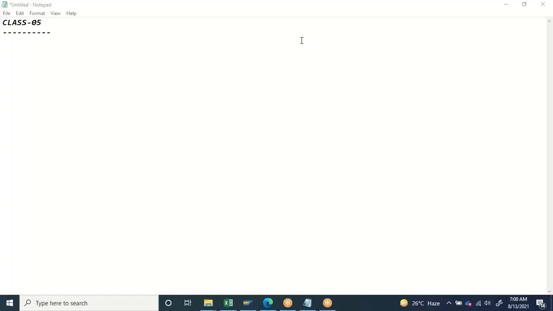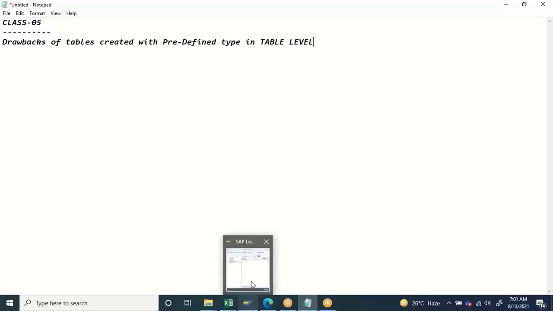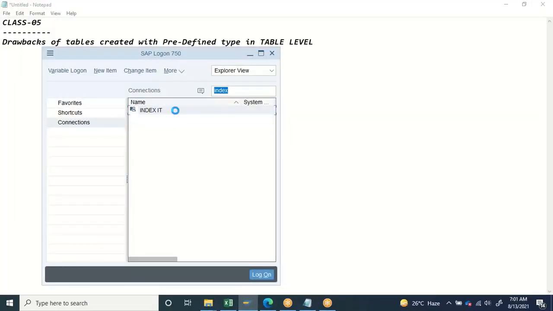So yesterday we saw how to create a basic table. Now, the drawbacks of tables created with a predefined data type at the table level. Whenever I create a table,